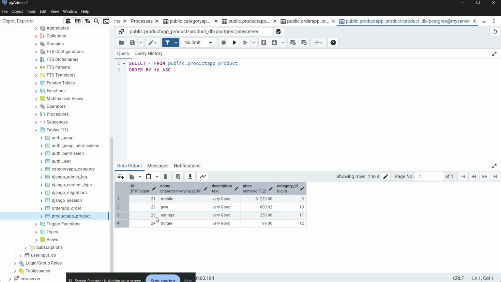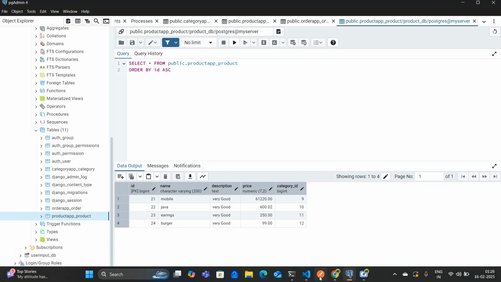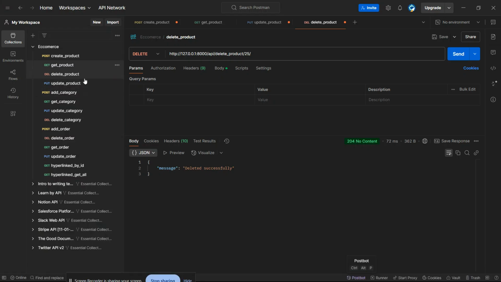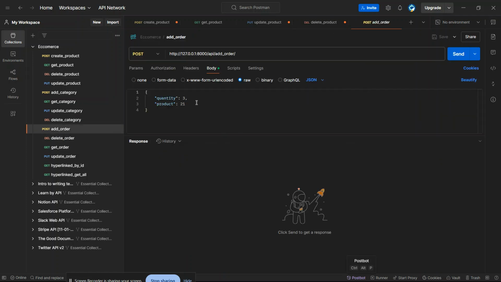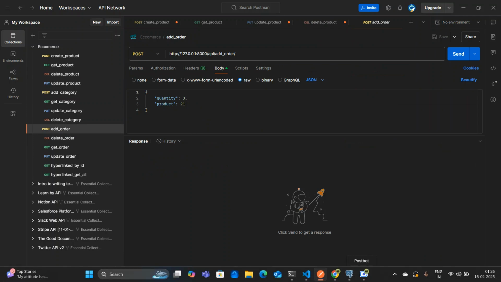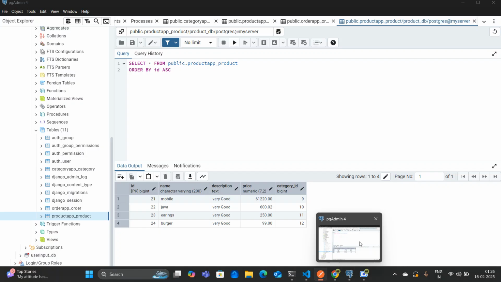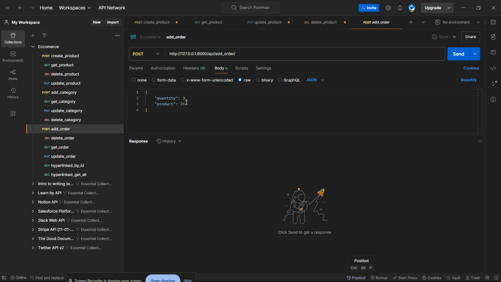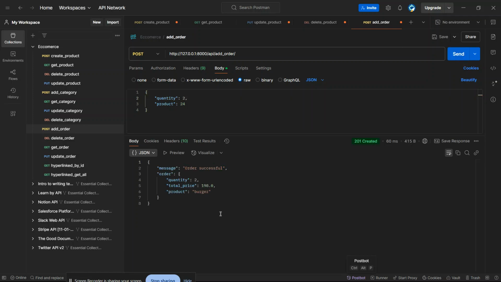So I want to make an order of some food, I want to order some burger. So let me post the order. The ID of the burger is 24. Okay, I have to put here 24 as the product ID, and quantity 2. If I press send, okay, order successful.